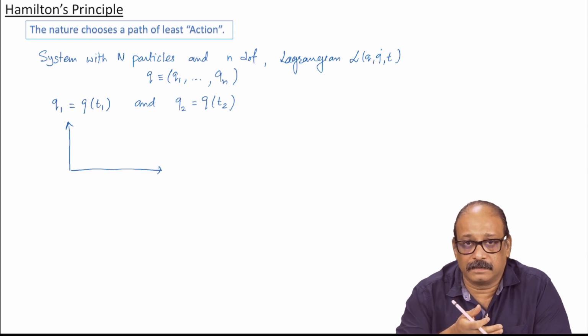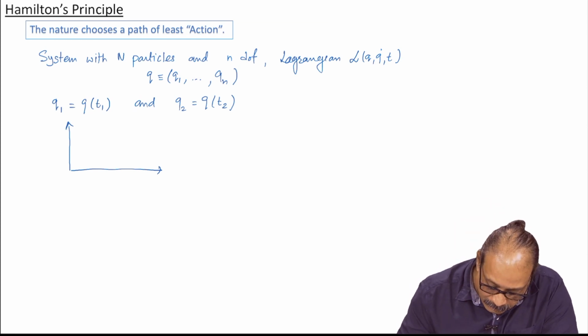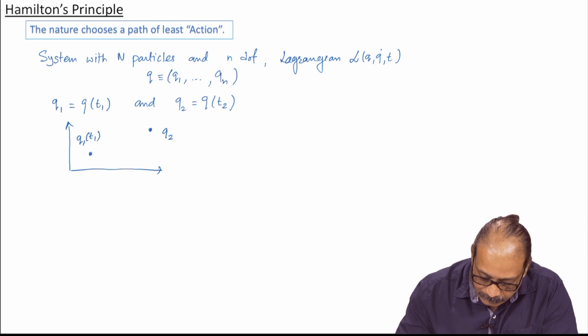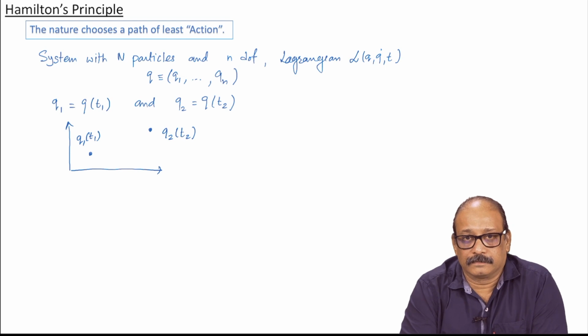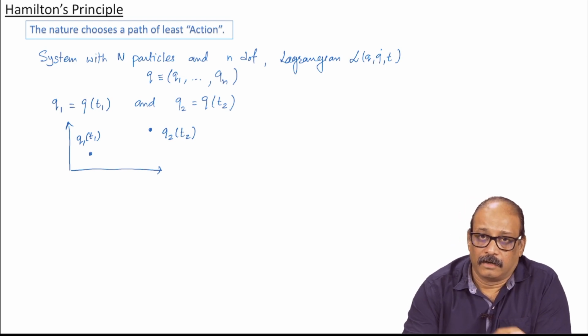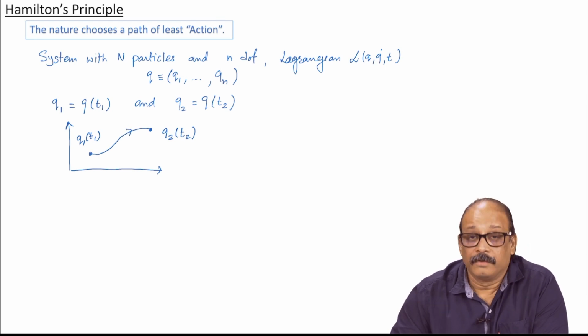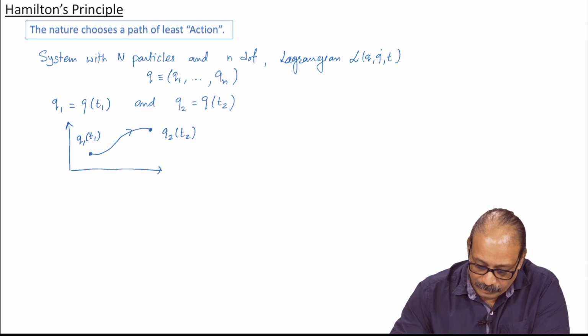So, this is a schematic diagram. In this one, I have these 2 points, one point is q1, the other point is q2. The aim is to start from q1 at time t1 and reach q2 at time t2. And then of course, there are infinitely many paths which connect the two, and for each path we assign